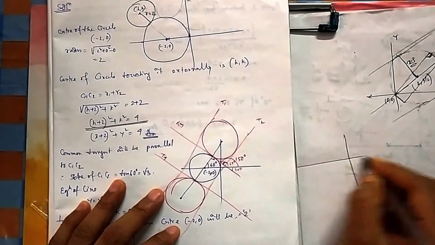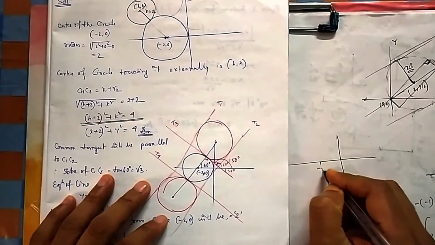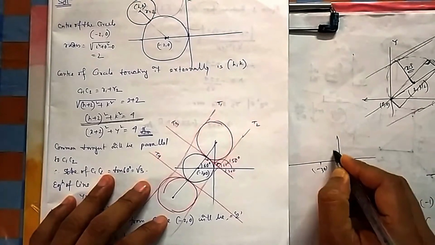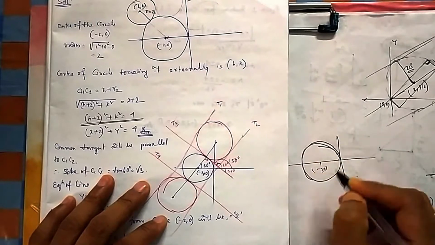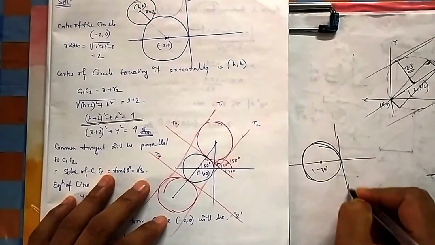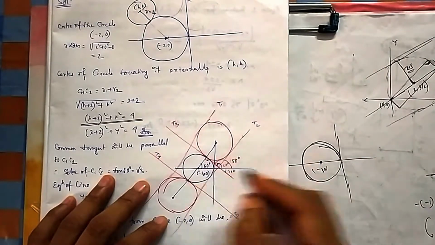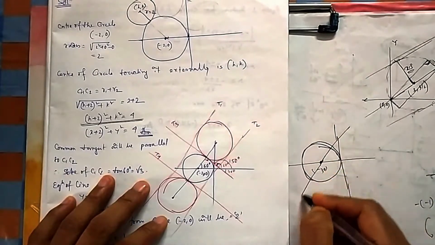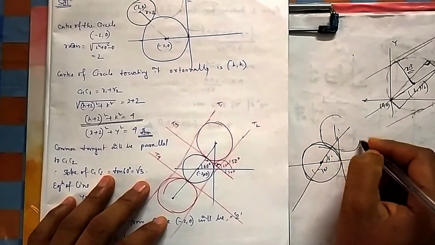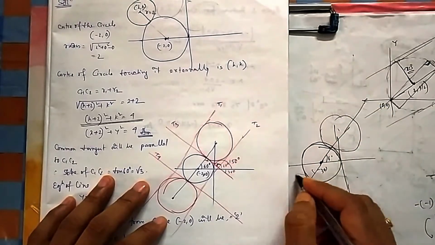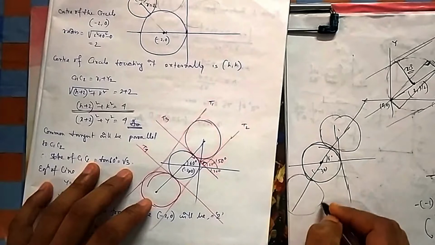Okay. Now you need to find a condition. So what is the condition? This is the circle with center (minus 2, 0). So this was the circle. So you need another circle which is touching it, but it should be inclined at 60 degrees. First let us draw the 60 degree line. So your circle can be here, same size, because it is 2, it is also 2, both the radius. So the circle can be here and the circle can be here.